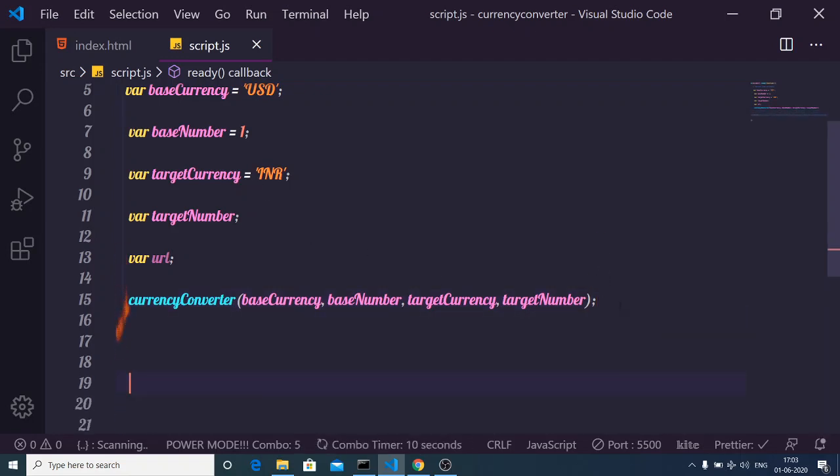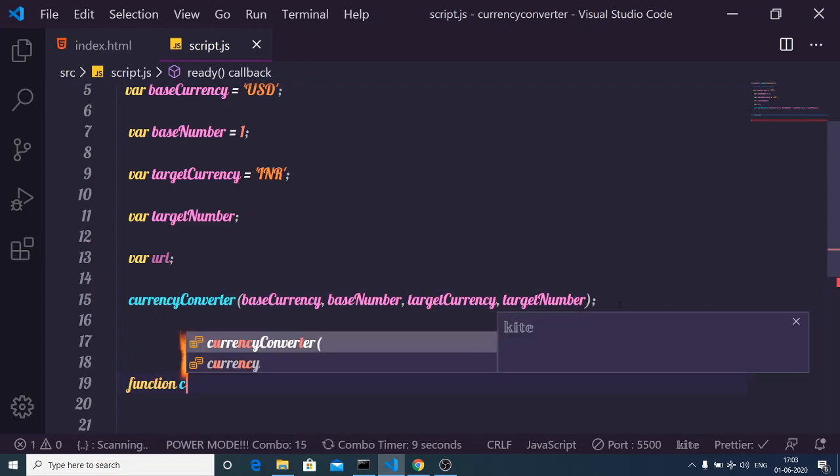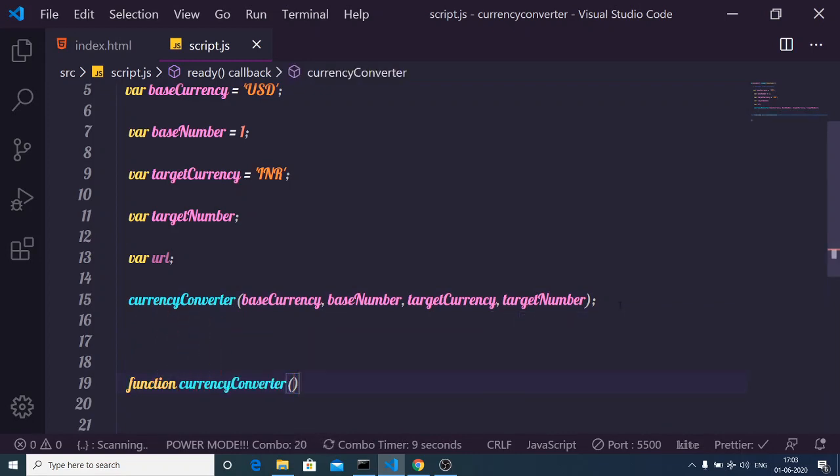Now we just need to define this function, which is currencyConverter. So which will take base currency as its first argument, base number, target currency, and target number.